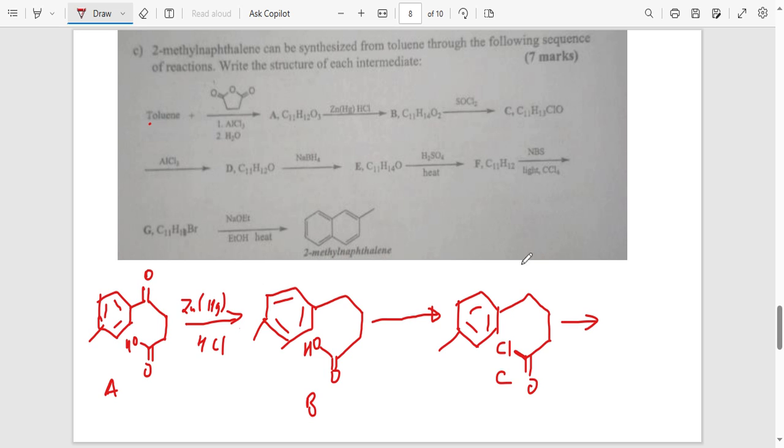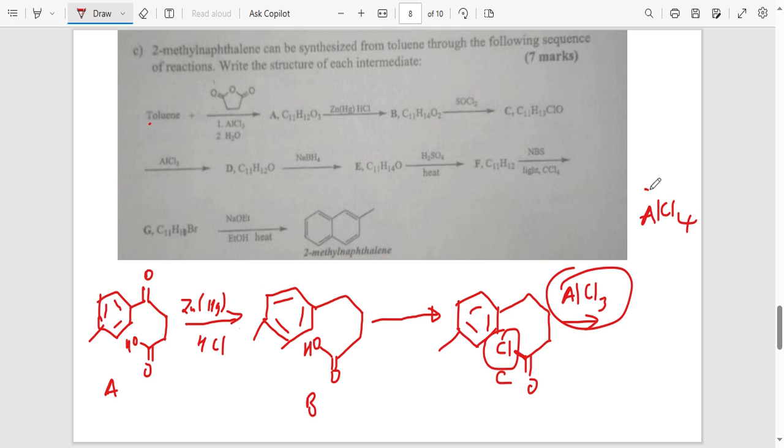From structure C, what are we reacting with? We are reacting with aluminum chloride, and I believe we do know this reaction. Now, when you use this reactant, the chlorine will attack the aluminum chloride. It's more or less the same as the one we previously talked about. When that happens, we can break that bond, and then we are going to release